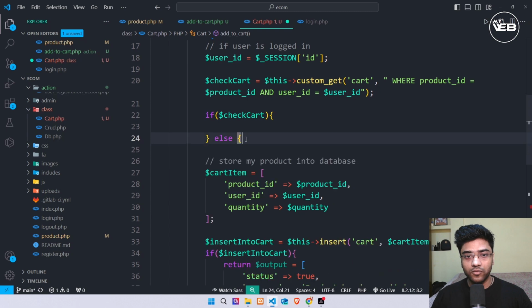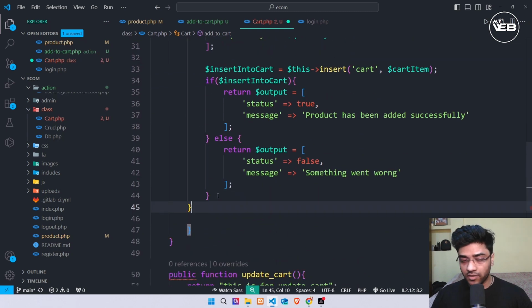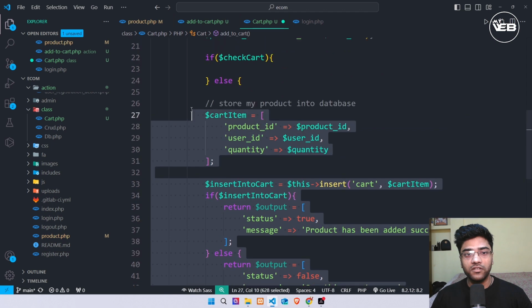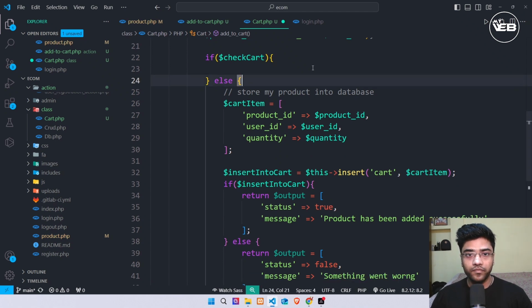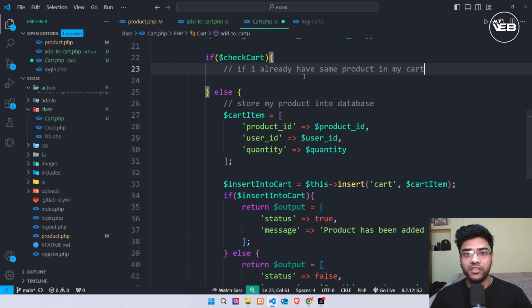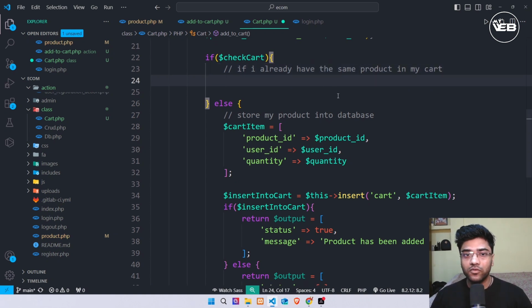Okay, and I put all this code into my else condition. Okay, so I remove this and I put all of them into my else condition only. If I put a comment, if I already have same product in my cart. Okay, sorry, not here, at here. Okay, if I already have the same product in my cart, so we just need to update my